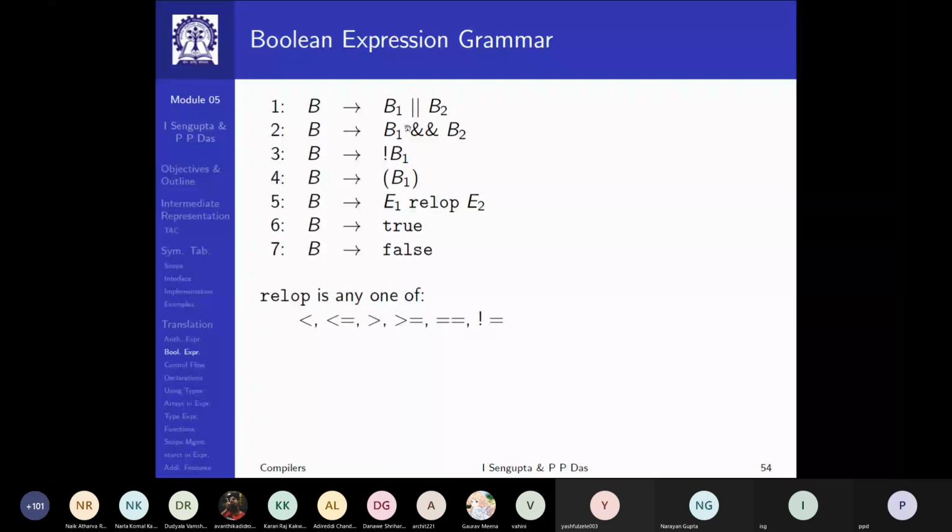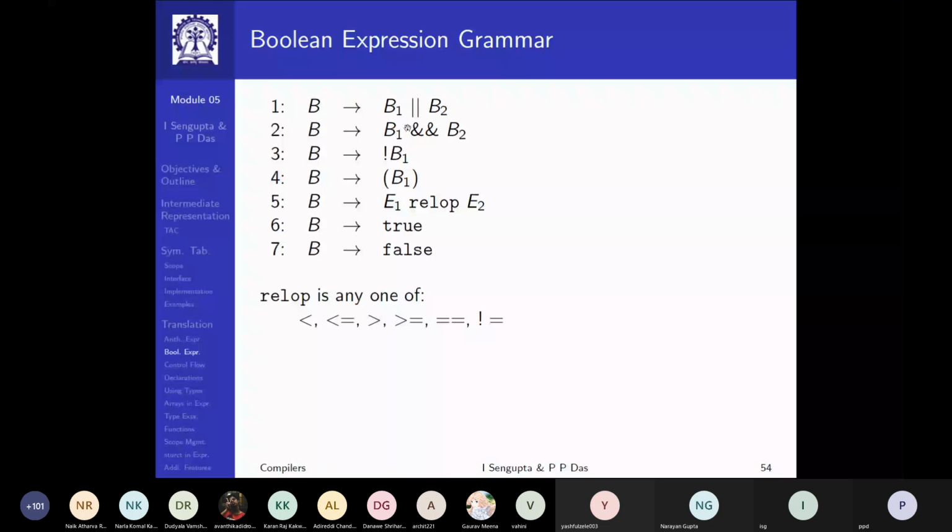The importance of looking into Boolean expressions is that when we move on to the control constructs, we'll see that every control construct, whether it is if or for or while or do while and so on, depends on a Boolean condition. If we check the Boolean condition and then decide which part to do, or in while, we keep on checking the Boolean condition as the loop continues. So evaluating a Boolean expression in an efficient way is an important factor of translation. So let's see how it goes.